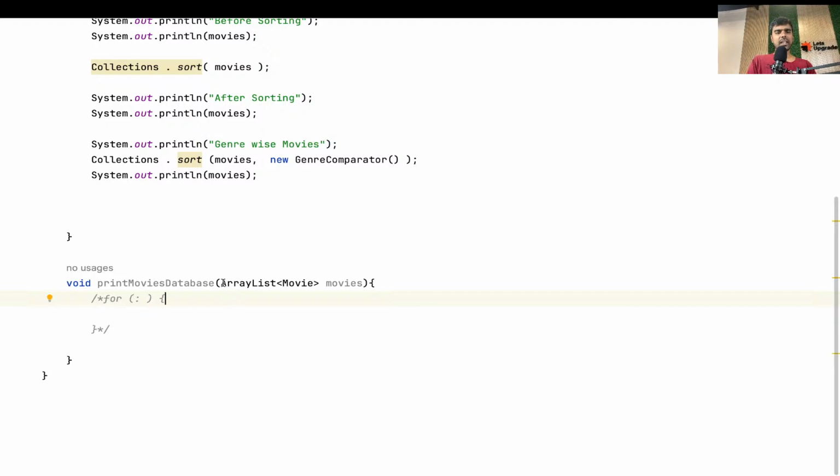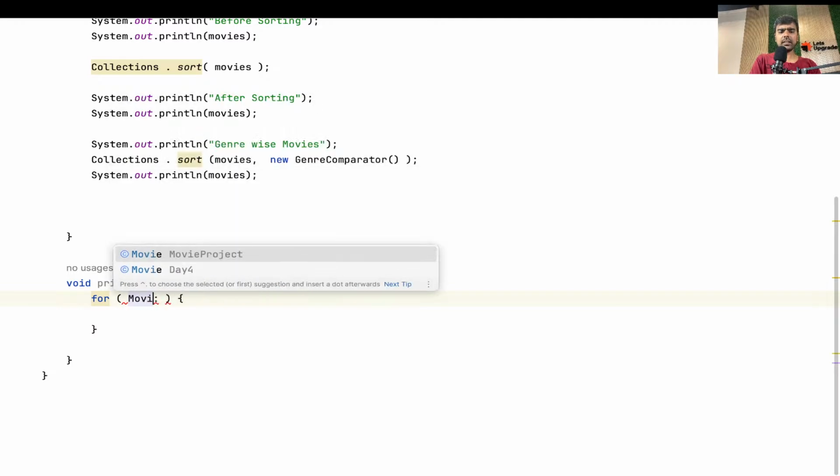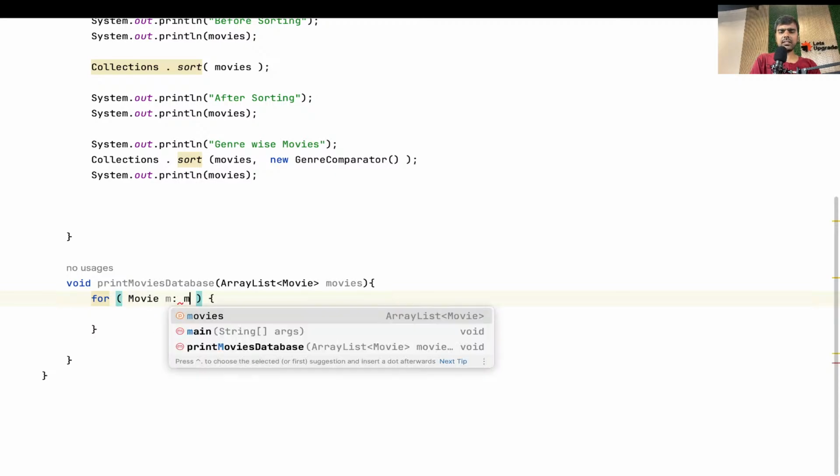Okay, let's write this method now, and it takes this array list of movies, right? And now how do I do this? I can use a loop, right? So this is a for each loop or an enhanced for loop, right? What is it supposed to do? Just as a normal loop is supposed to repeat the iteration, similarly this enhanced for loop can be used to scroll through your collections object. It can be an array list, or it can be an array, or it can be some other collection also, right? So for now we are using array list. So what I'll do is, I'll say for each movie m in the array list movies,